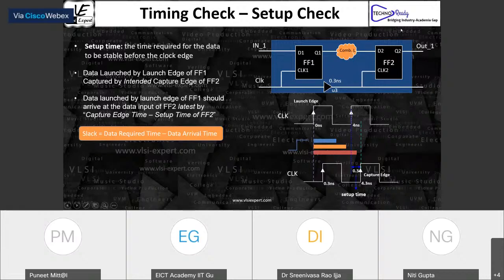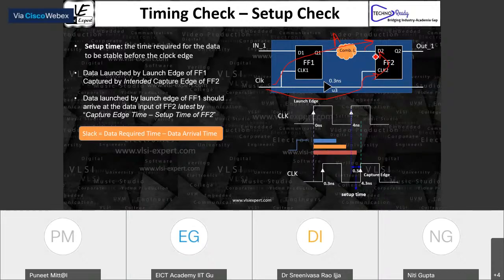Now for the setup slack, in this particular figure you know very well what is happening. This is our arrival time, and this is our required time. So in setup time, the arrival time should be less than the required time.